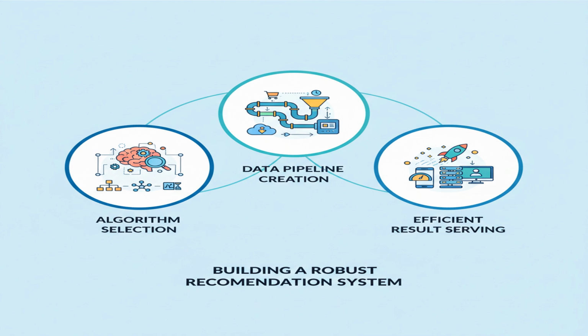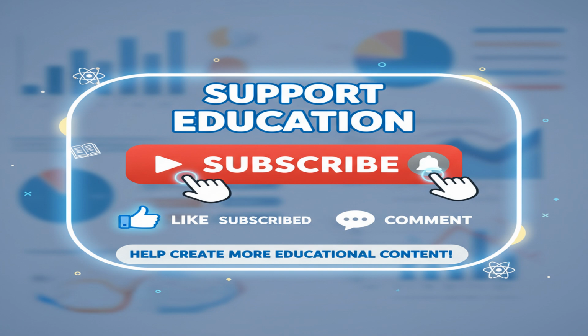Let's wrap up. Building a robust recommendation system involves selecting appropriate algorithms, creating a solid data pipeline, and efficiently serving